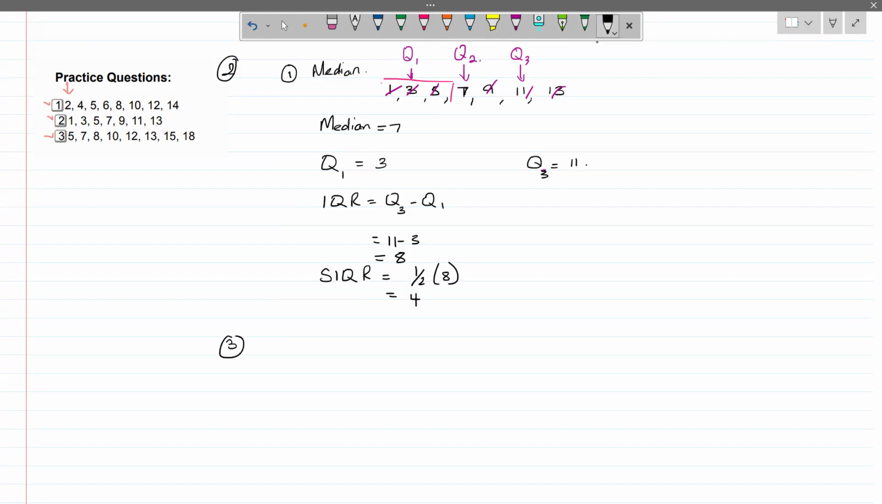Number 3, we have 5, 7, 8, 10, 12, 13, 15, 18. From a median,